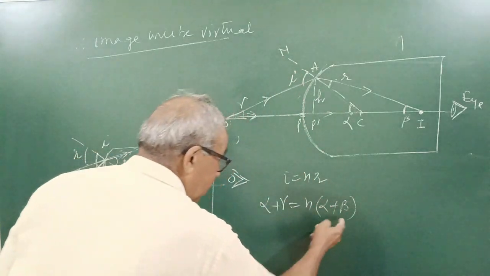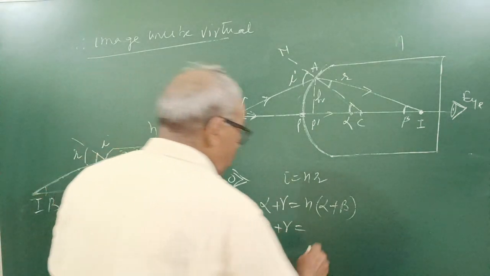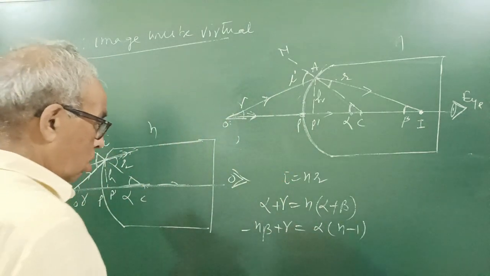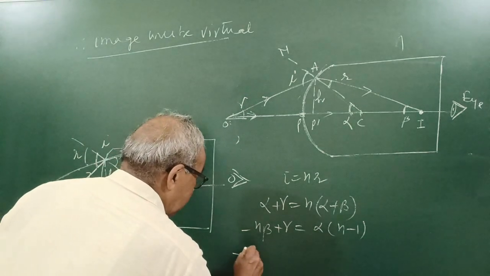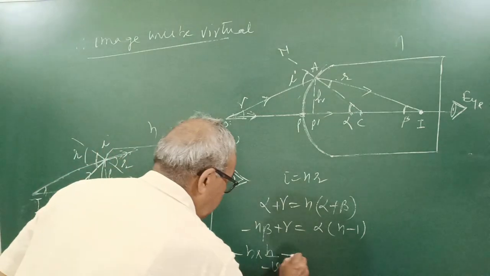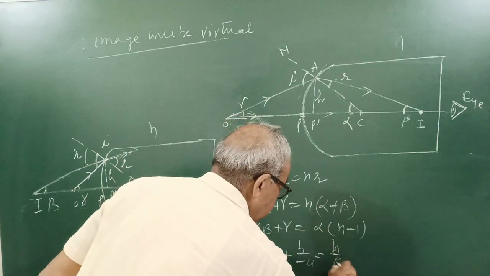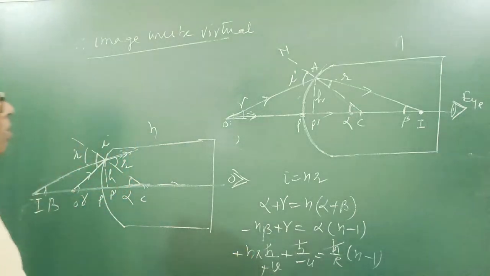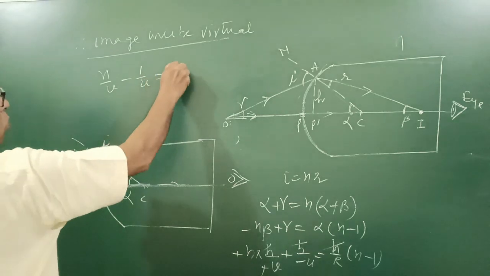Now rearranging, minus n beta plus gamma is equal to alpha into n minus 1. Beta is h upon minus v, plus h upon minus u, equals h upon r. The formula will be obtained the same, that is n upon v minus 1 upon u equals